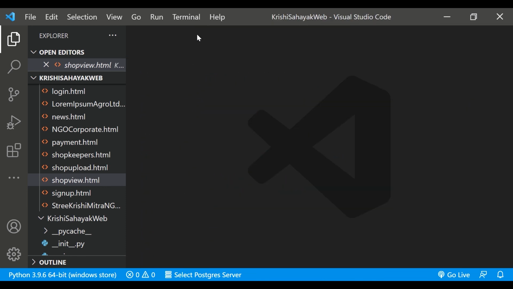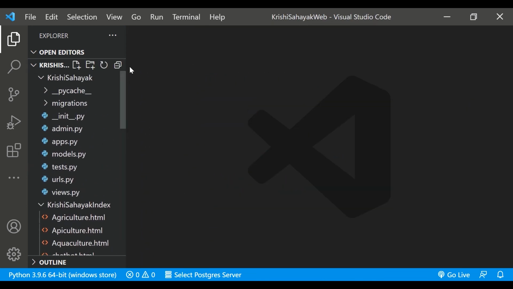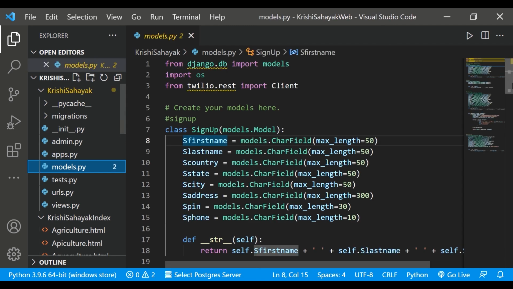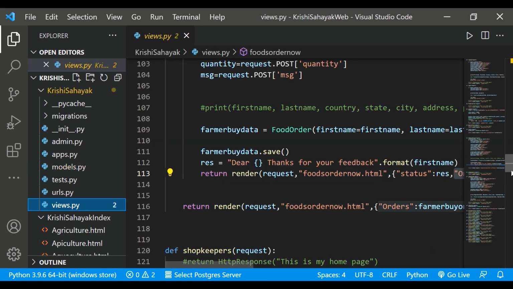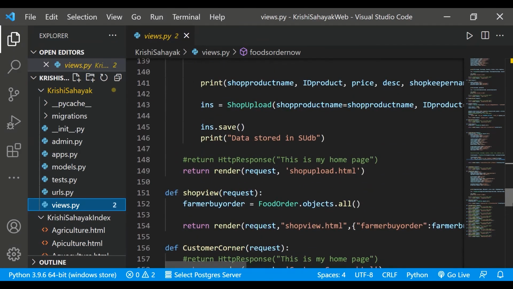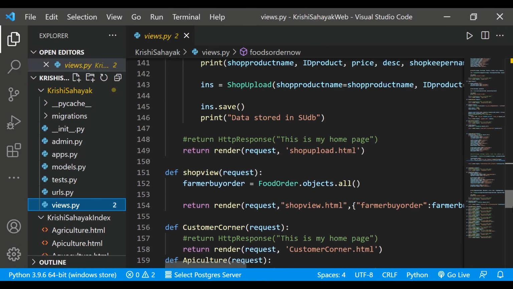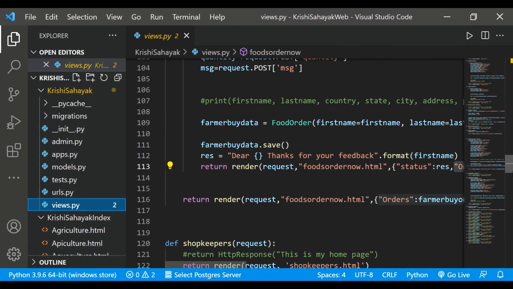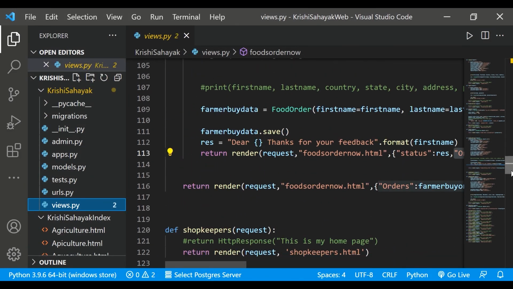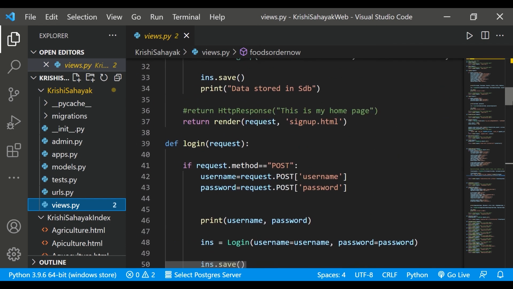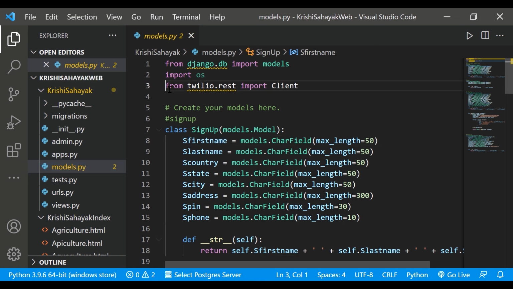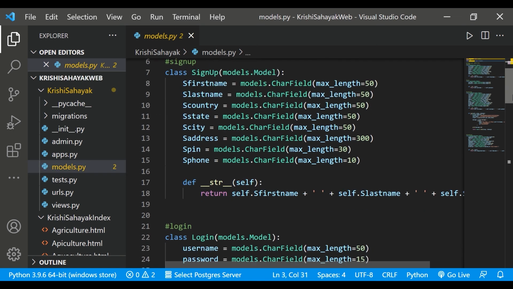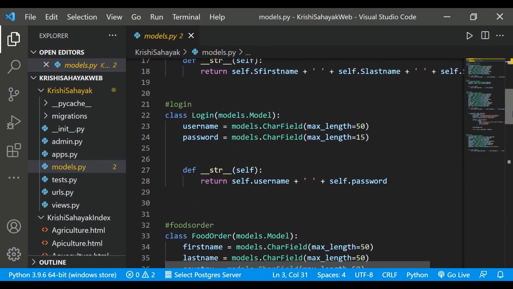I have also created a payment gateway, as I said. For the payment gateway, I have used Razorpay, and for the message sending property, like the moment the order is being placed, the shopkeeper gets a message on his phone, I have used Twilio. The code of Twilio is found in the Twilio documentation.